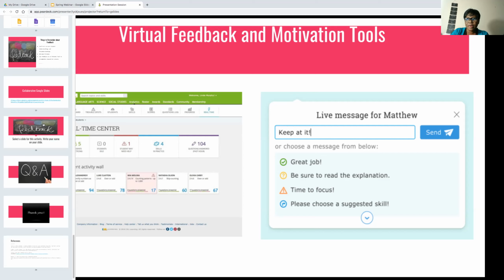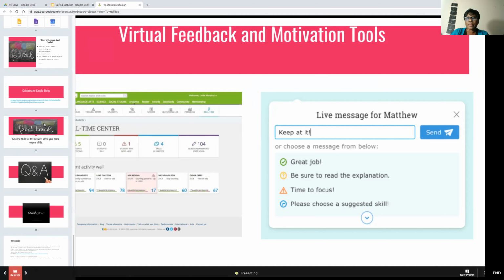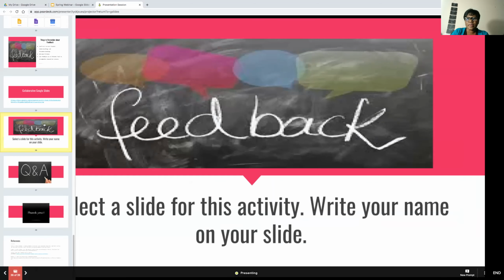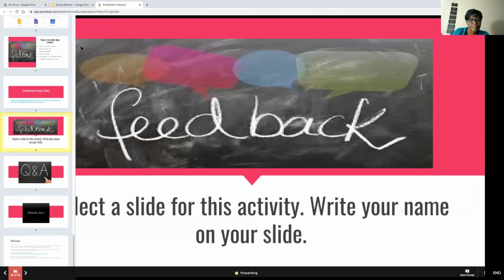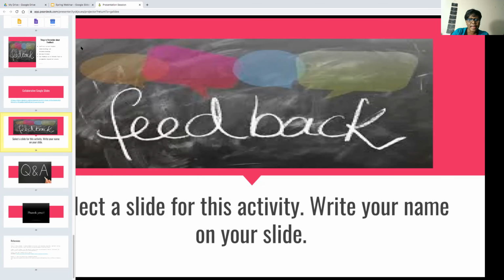And you can use any of the G Suite tools to create your own collaborative environment for students to work together. I will share this link in the chat so that we can all go to it and we can just show you. You can put your questions in there. We have a question there, but you can put a question in there as well.